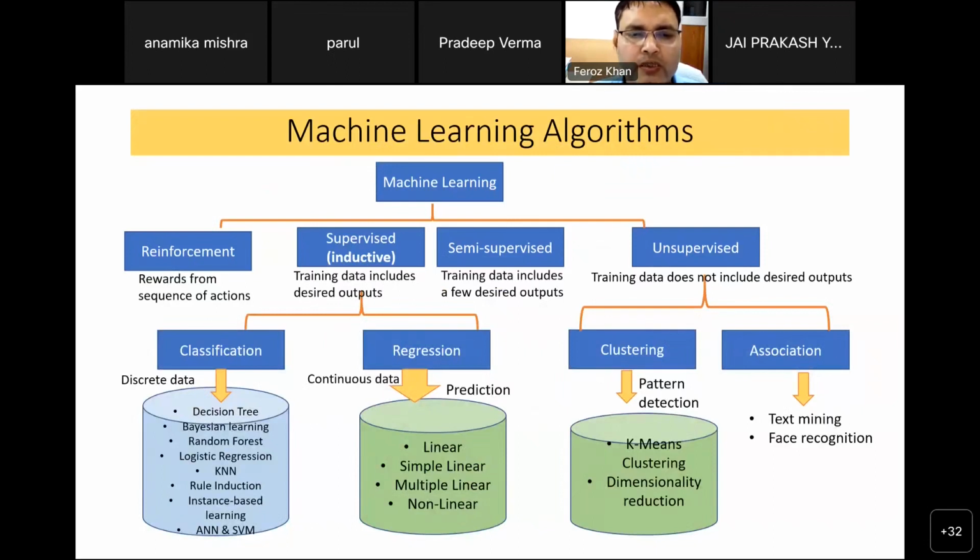You see, machine learning is divided into reinforcement, supervised and unsupervised methods. Actually, semi-supervised is considered part of supervised only, but just for understanding I have taken it separately. In the supervised method, a training set is required, some experimental data for running or developing a model. While in the unsupervised method, there is no requirement of a training data set. So we normally develop an unsupervised model when we do not have any information about the activity.